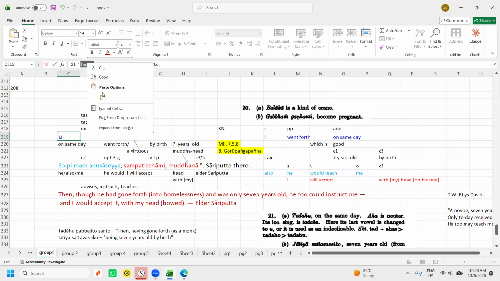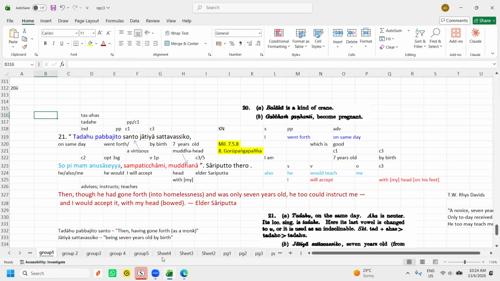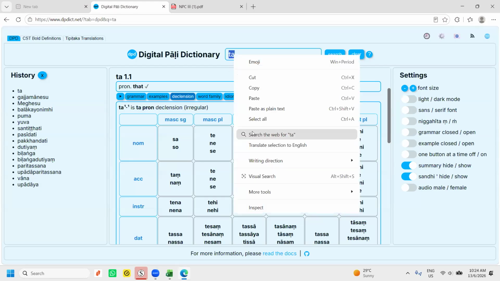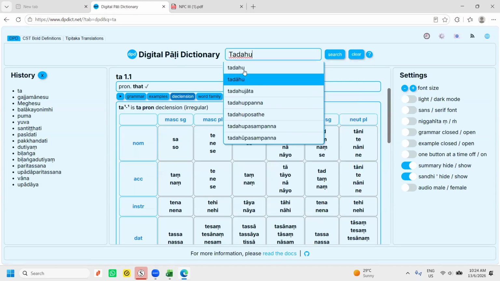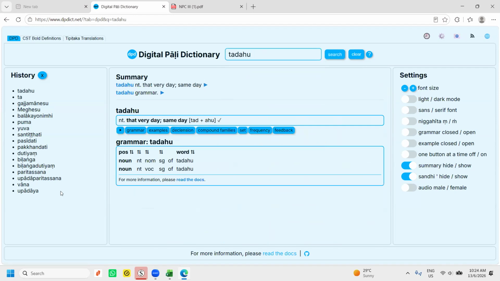If it doesn't break down for you, then you will have a problem. So the moment you put it in and it comes out like that, that means the chances are it has. In this case, tat is that, and Ahu should be